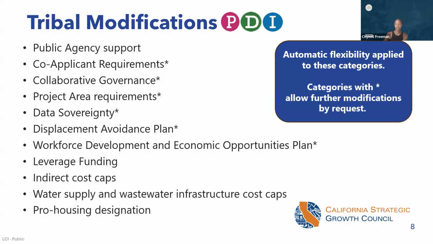This is a list of modifications that automatically apply flexibility for tribal applicants. Items with an asterisk are where further modifications are allowed by request. Tribal applicants have flexibility with the public agency support requirements, with more detail in the guidelines. Tribal lead applicants generally do not have to include co-applicants, and if there are no co-applicants, a collaborative governance structure is not required. For tribal lead applicants with co-applicants, the collaborative governance structure must respect tribal sovereignty and data confidentiality,